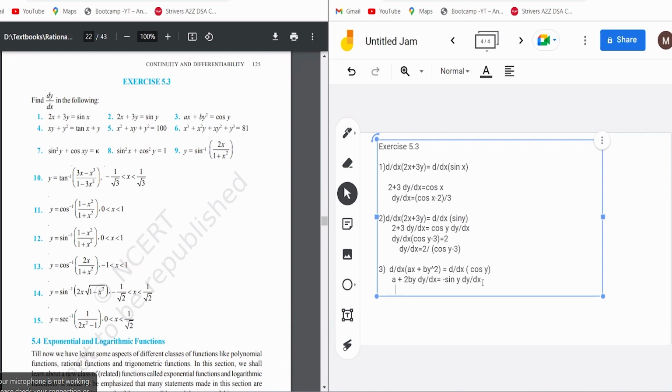So अगले लाइन में मैं dy by dx को वापस कॉमन ले लूंगा, dy by dx को कॉमन लिया, क्या आ गया, it would be (2 plus sin y) dy by dx equal to minus a. Okay, so from here we can get our dy by dx to be equal to minus a divided by 2 plus sin y. Okay, so it is सिंपल, लाइक आपको भी सॉल्व करते करते आ गया होगा कि ये सिंपल थिंग